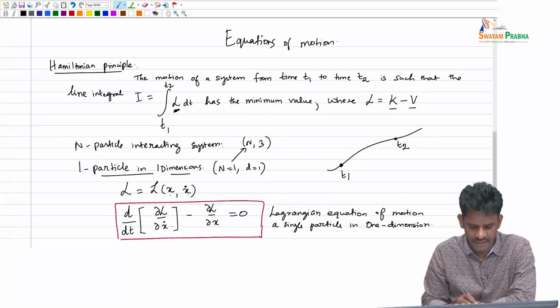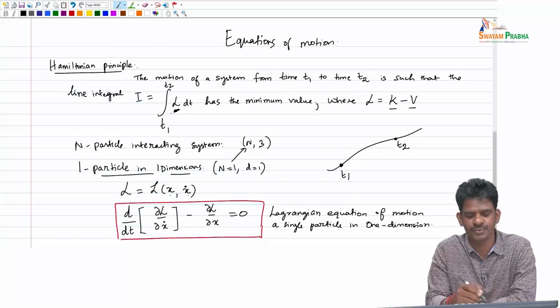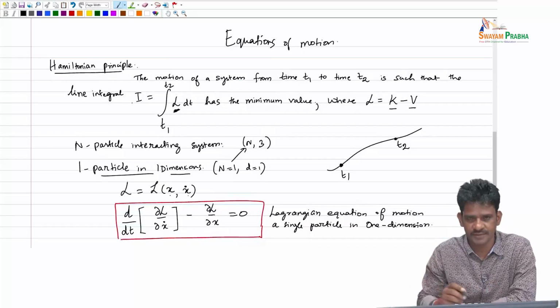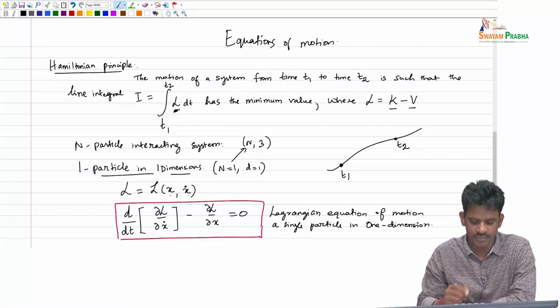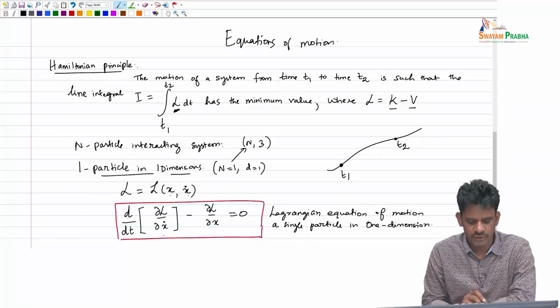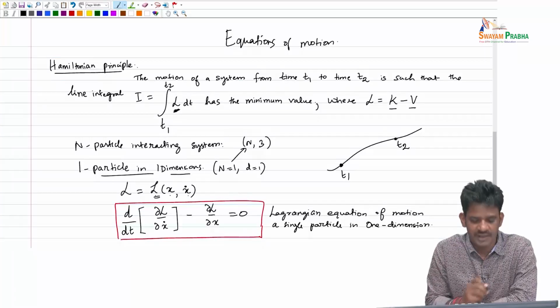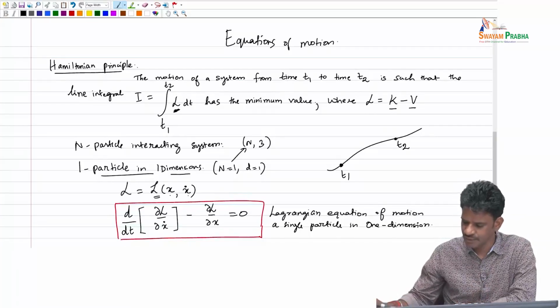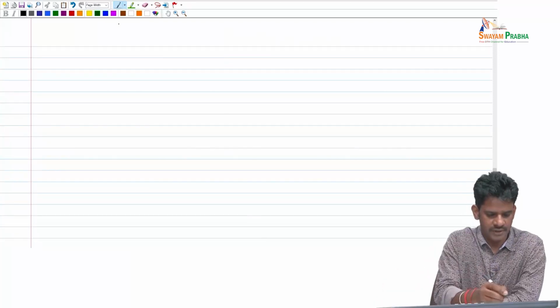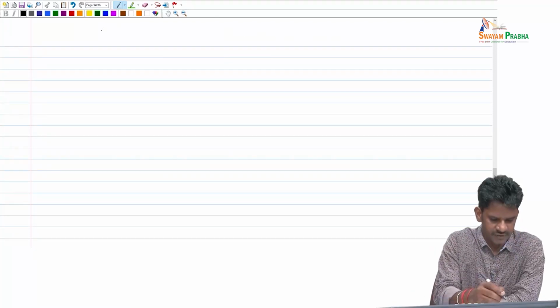And the way we derive this particular equation is by applying this Hamiltonian principle and then ensuring that this integral I has a minimum value along the actual path. Okay, so we apply variational calculus to get these particular equations. Now, if you look at this equation, it looks pretty unfamiliar, but if I take a particular form of Lagrangian for a one dimensional single particle system, then you will see that this equation becomes very familiar to you. To do that, we will take a functional form for L as half